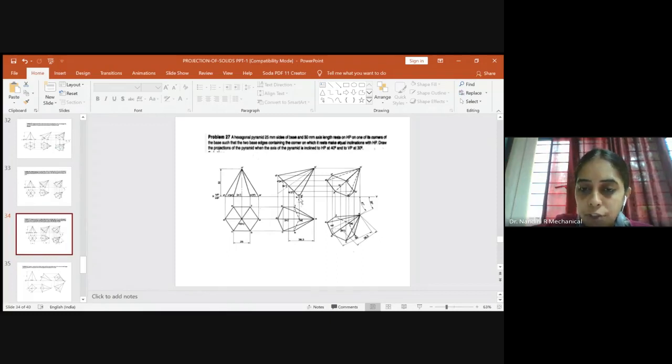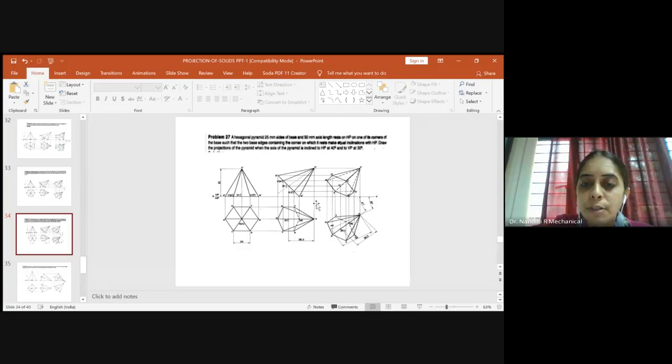So after shifting the base, now you should see what is the axis height. We have drawn this 45 degree line, right? So axis height is 50 mm. So measure 50 mm, keep one end of the compass here and just cut an arc on this axis line. Okay, where it cuts, it will be our O dash. So from O dash to D dash you join, from O dash to C dash you join, from O dash to center O1 dash you join, from O dash to B dash you join, from O dash to A dash. So all these are visible lines, so please do it accordingly.